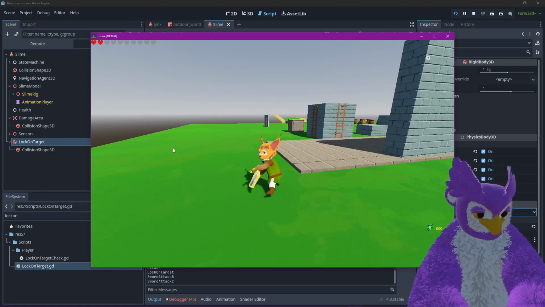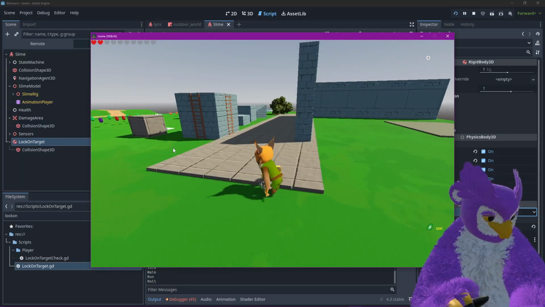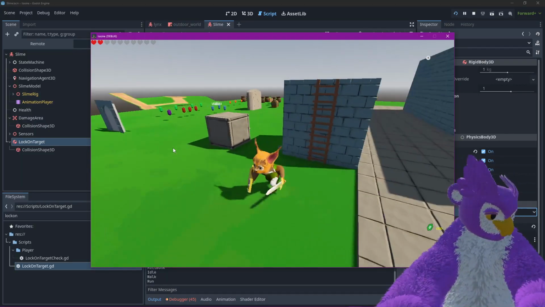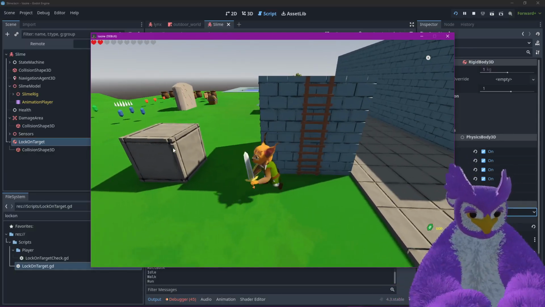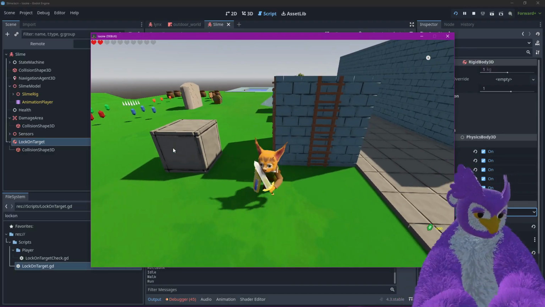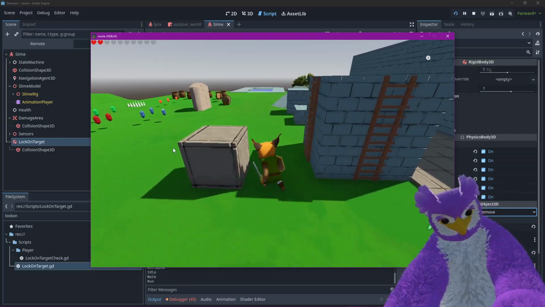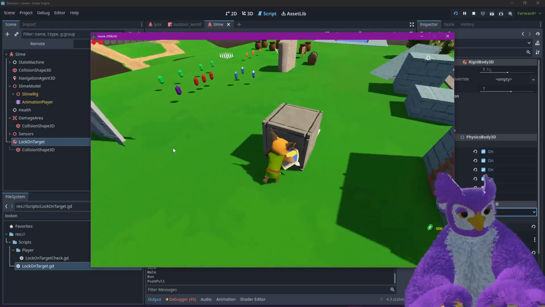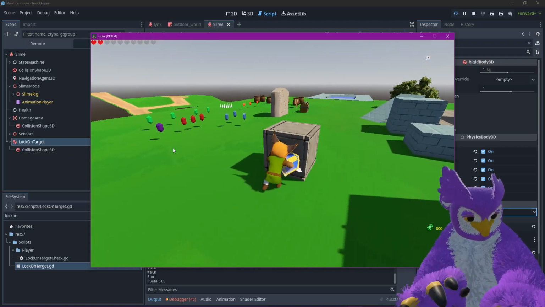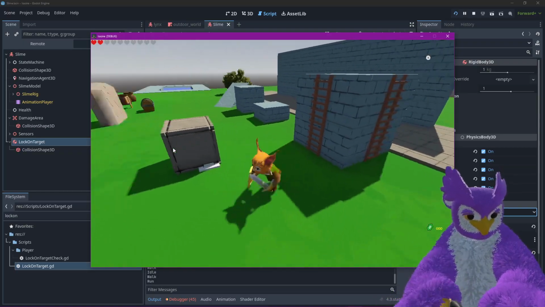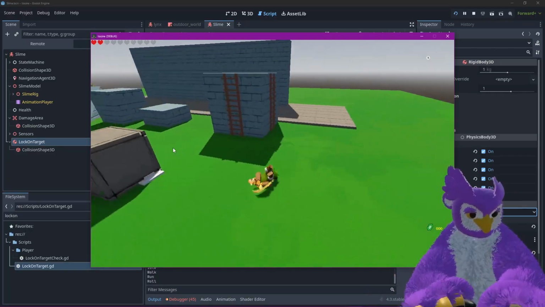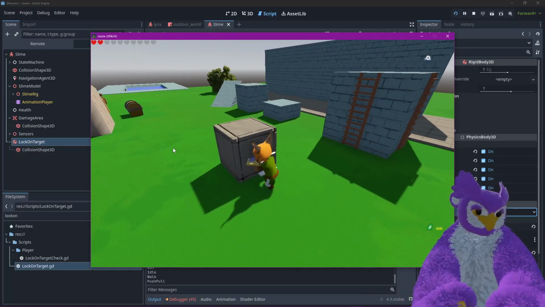I also hooked up some controller haptics, so anything that triggers camera shake also triggers controller rumble, which is neat. But yeah, I have most of the building blocks of this game working now that I have a simple enemy. I do want to add some other